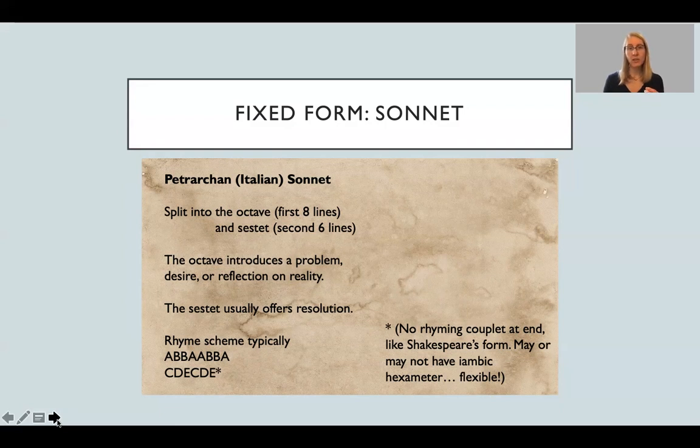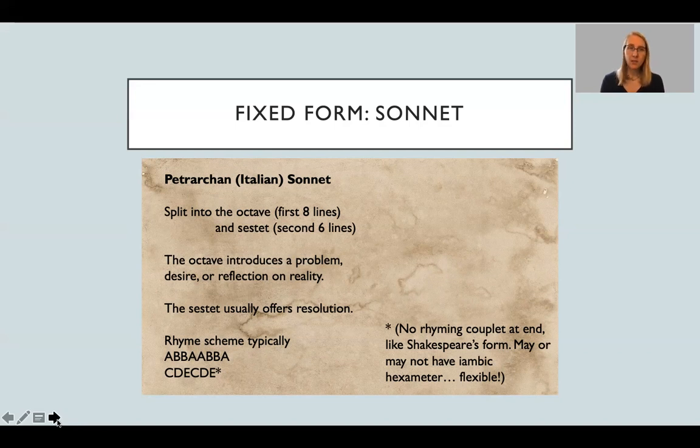This was developed by Petrarch, who was an Italian poet, kind of riffing off what Shakespeare had been doing in England. So, this is a fixed form that folks talk about, experiment with, know now, but it's also a form that was developed from another type of sonnet. So, it gives us some insight into how fixed forms or recipes for certain types of poems can change over the years by different poets who work with them.